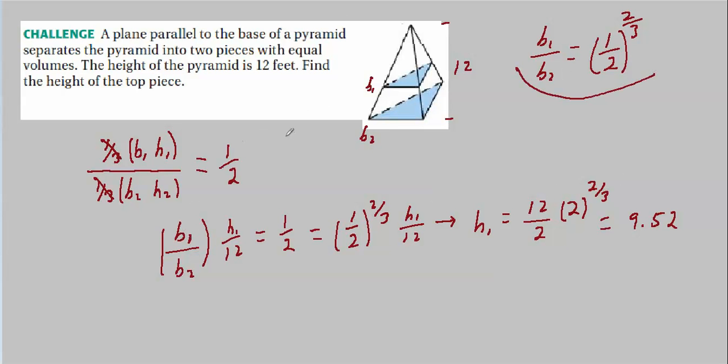The hardest part, I think, of this problem was probably recognizing that you've got all these variables here. One of them you have an actual number for. The others just look like a big mess until you recognize that you can actually replace b1 over b2 with a number. We can't replace b1 or b2 individually, but since we have the ratio, we do know the ratio. And that is the scale factor squared. Well, see, similar solids aren't really very difficult. And that's about it.